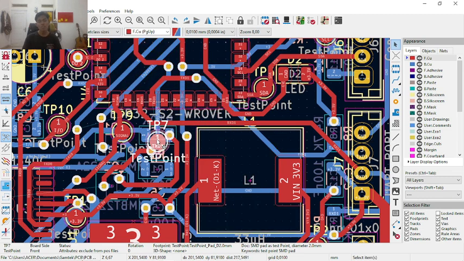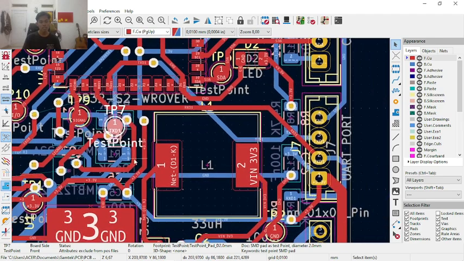We have to put the test point on the top side of the PCB so it can be seen by us.